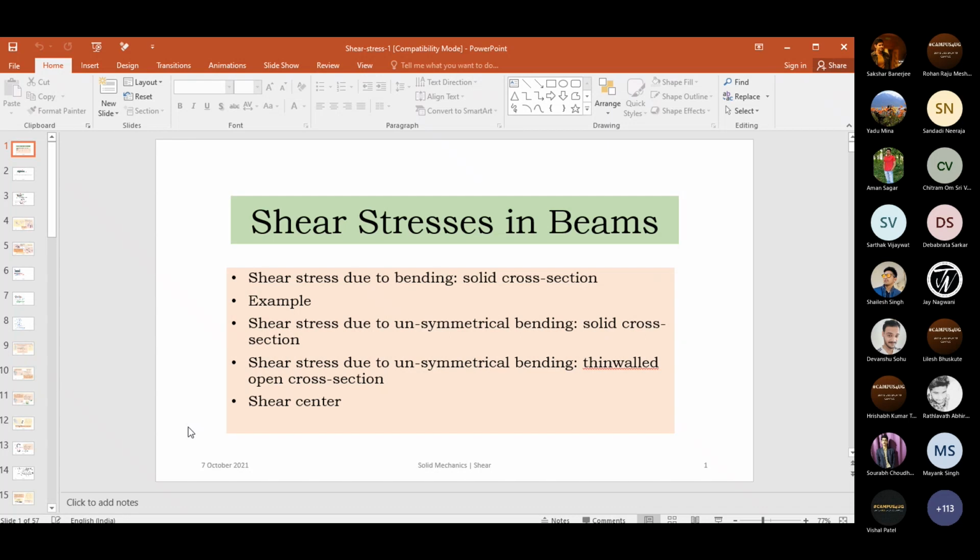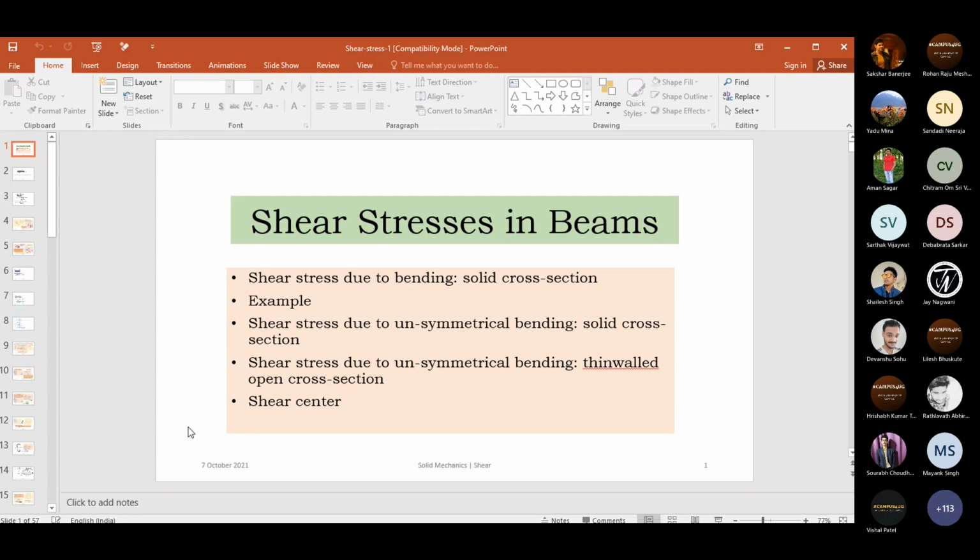Still, they are speculating that it is cubic, that is fifth order, so many things they are assuming. So, we do not go into all those details. We do not make any assumptions regarding the shear strain distribution. We will, by considering the equilibrium, calculate the shear stresses.